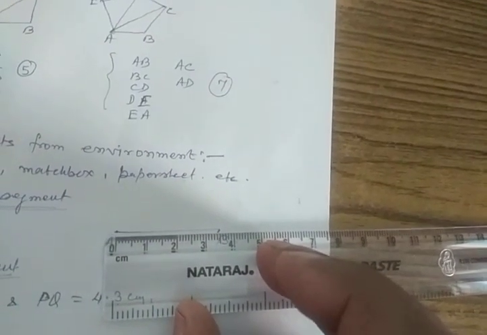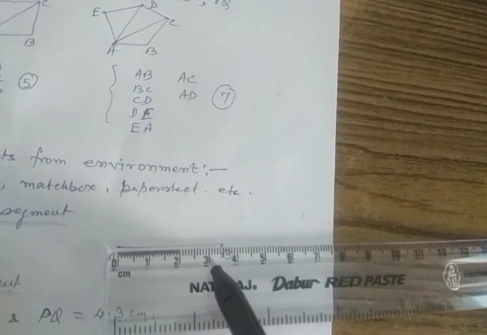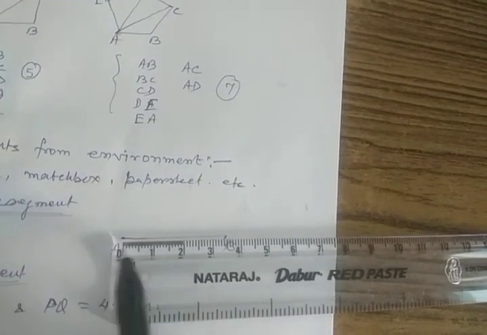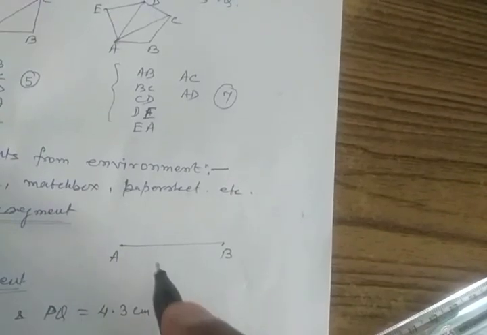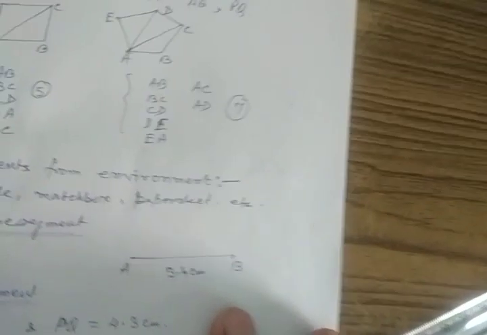Just see, I am going to measure in centimeter. So at first, place 0 at A, on the line. Is it clear? And now we can see that B comes to between 3 and 4, and it is divided into 10 parts. So what is its length? Its length becomes 3.4. You can write now 3.4 centimeter.